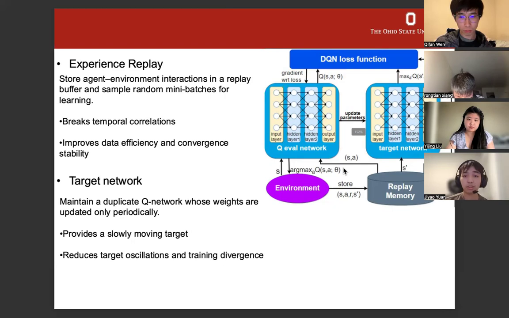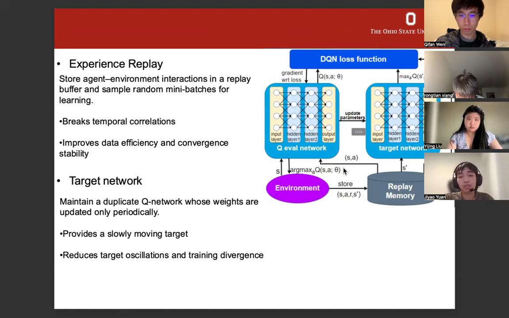The first mechanism is experience replay. Experience replay allows DQN to learn from stored past transitions by randomly sampling mini-batches. During training, we break up data correlations and improve sample efficiency.